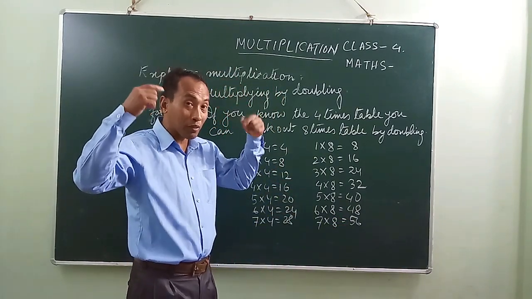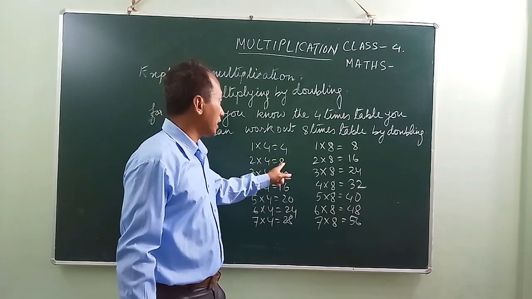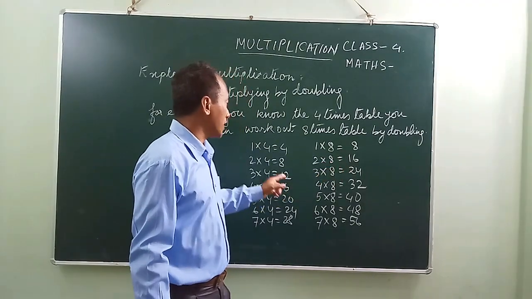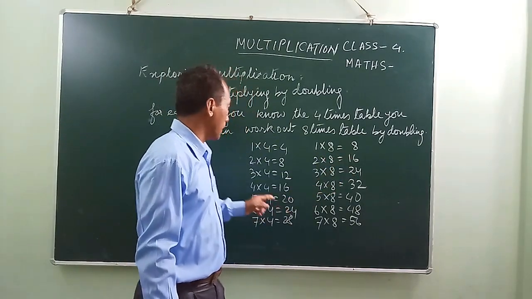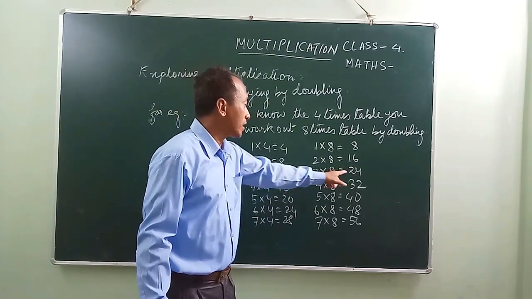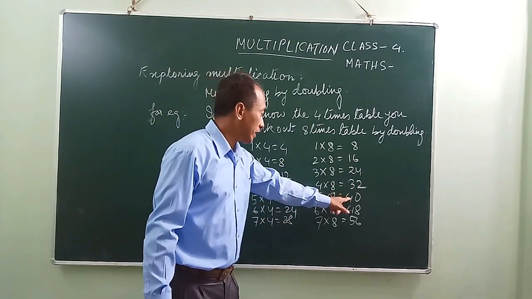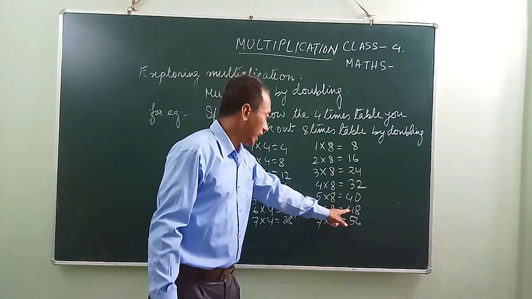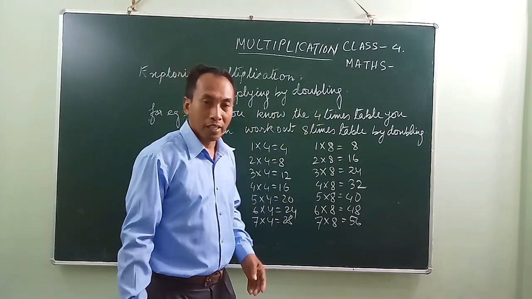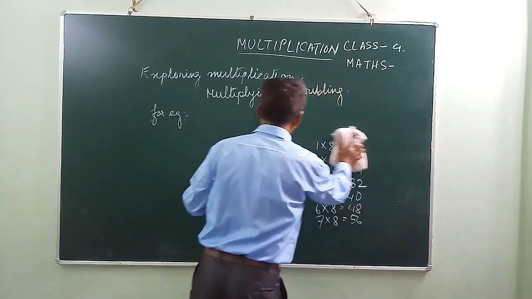Now it is time for us to think. Here double of 4 is 8. Here double of 8 is 16. If 2 4 is 8, then 2 8 will be 16. If 3 4 is 12, then 3 8 is 24. Double of 12 is 24. Double of 16 is 32. Double of 20 is 40. Double of 24 is 48. Double of 28 is 56. This is the doubling method. Similarly, if you know the table of 8,